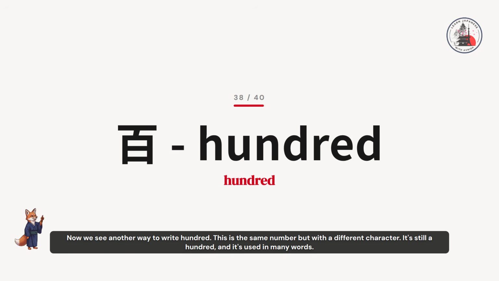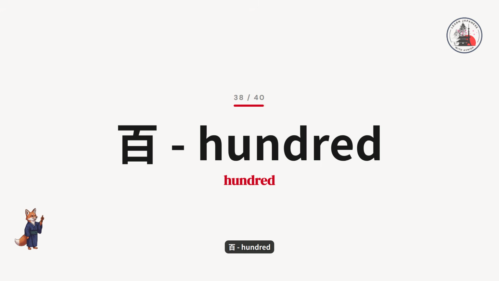Now we see another way to write 100. This is the same number but with a different character. It's still 100, and it's used in many words. 100、100。